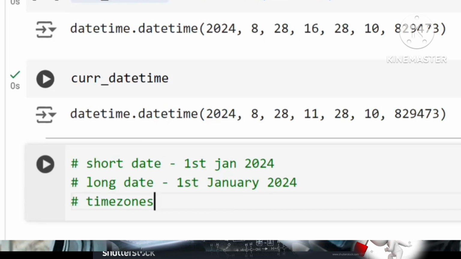Like especially let's say you're working with flights data set, right? So there you will have flights of different time zones, starting from one time zone in one country traveling to another time zone in another country, right? So there you might have to work with time zones as well, right? And then difference between